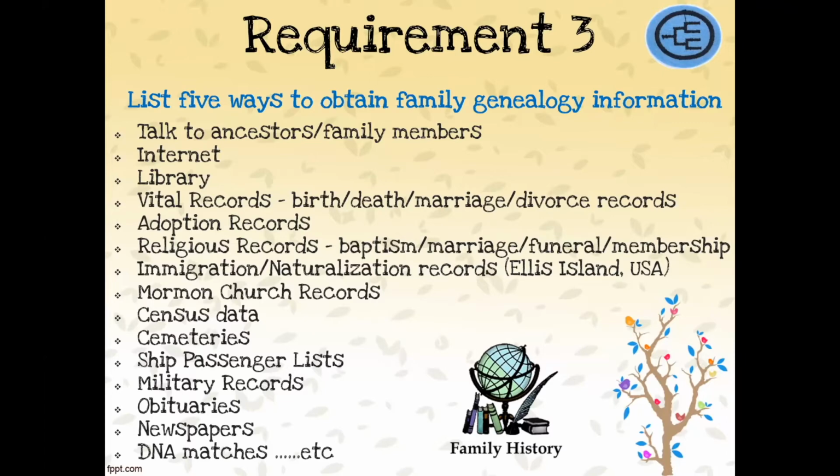Ellis Island in America is where the ships used to go in and where all the records were kept of all the people that immigrated into America and Canada, and also the naturalization records. The Mormon Church, as I mentioned before, they have such a huge, large collection of census records, of birth, death, marriages, that they have scanned from all of the records that they can find throughout the world. And it's an amazing source. It's on the internet, and I will give you a lot of the links and a lot of the places to look later. Census data.